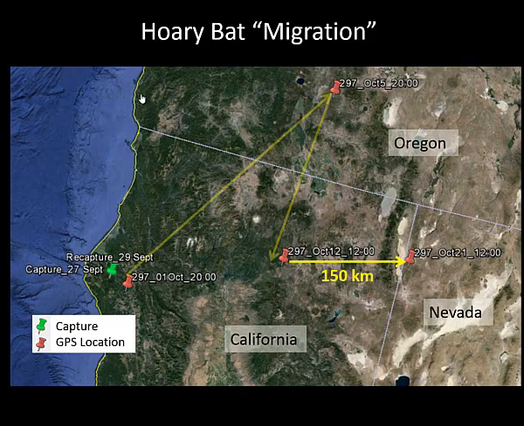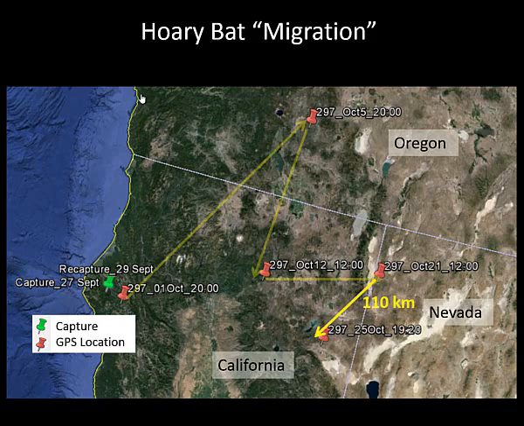Let's see, 9 days later, the bat actually went into its third state here. It went into Nevada, into a desert habitat again, away from trees. It's in a very scrubby area there. Then it moved back into California, a 110-kilometer movement in 4 days.